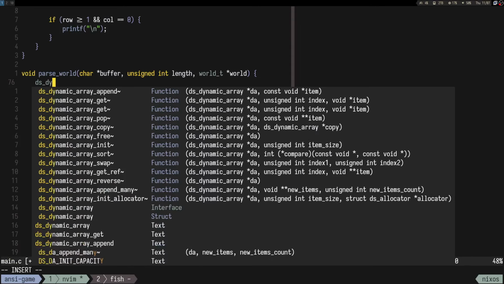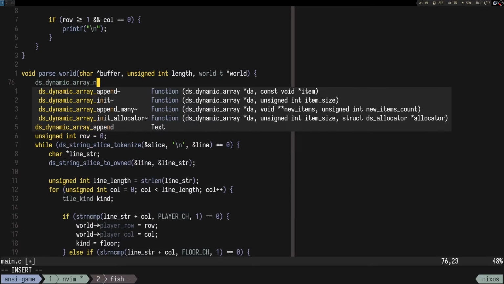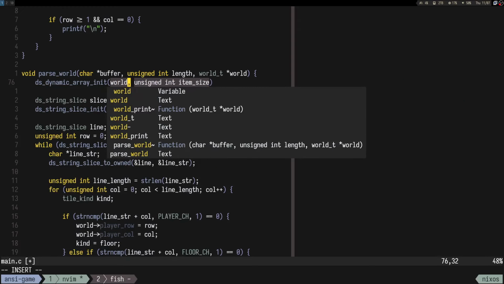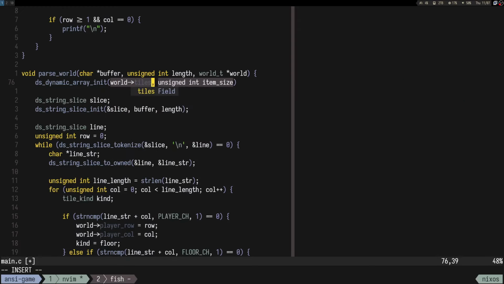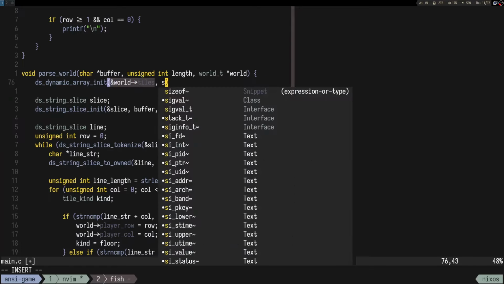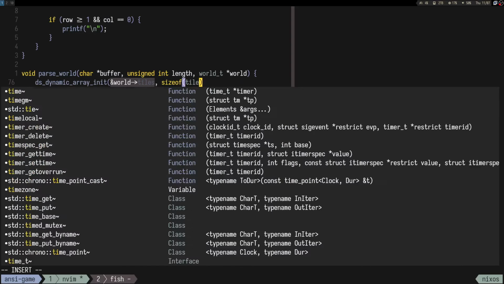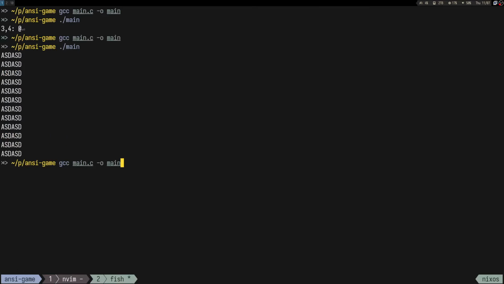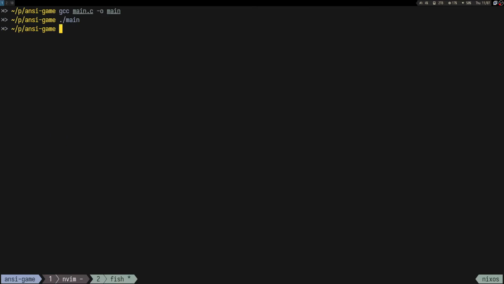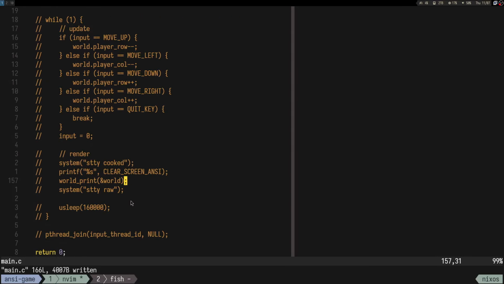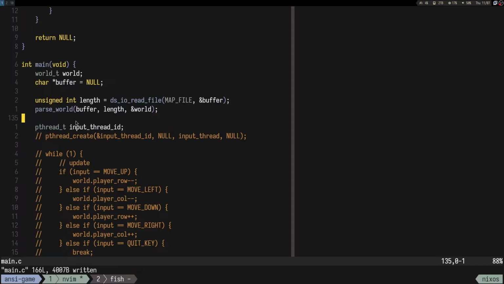So this dynamic array init, which is world tiles, it should be an address, and this is the item size. So the item size is size of tile kind, something like this, right? I mean, obviously I don't print it, but if we print the world after we read it,